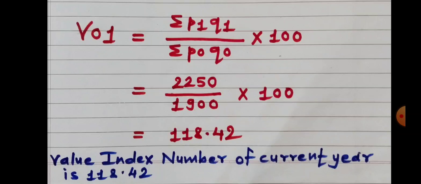Okay, now what I discussed today is how to construct simple index number. There are two methods to construct index number, simple index number and weighted index number. Today I discussed with you how to construct simple index number. Under that we constructed three types: price index number, quantity index number and value index number. Solve more and more examples with the help of a textbook. Create your own example and solve it and show it to your subject teacher.